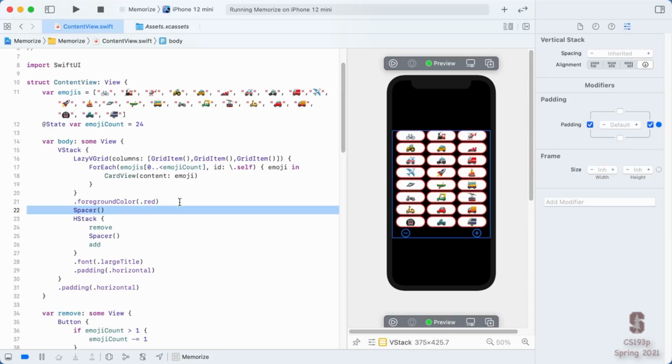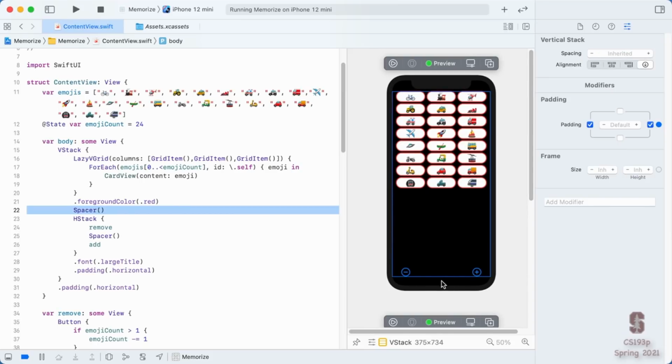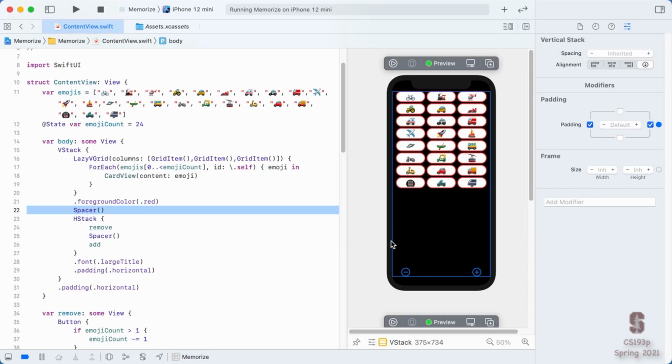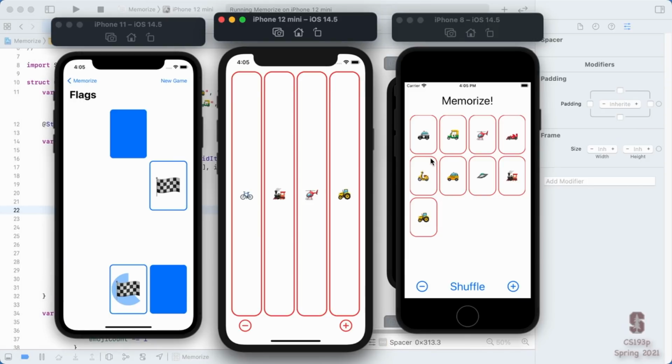When I put the spacer back, now there's somebody to absorb extra space. And so the VStack will be as large as possible. So this is a different kind of spacing here than using padding, which is fixed, and also using spacing as an argument to your VStack here. That's also fixed spacing. This is flexible spacing that absorbs any extra available space, and that causes other views like these and these to pin to the edges. Just want to make sure you understand the difference between using spacers here and just using padding or spacing. Okay, let's get back to making our cards look more like cards.